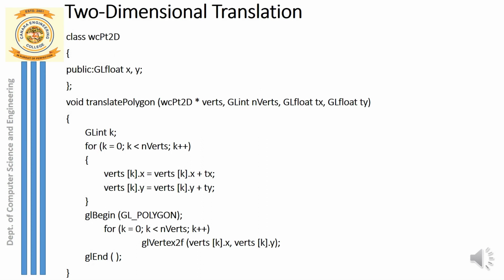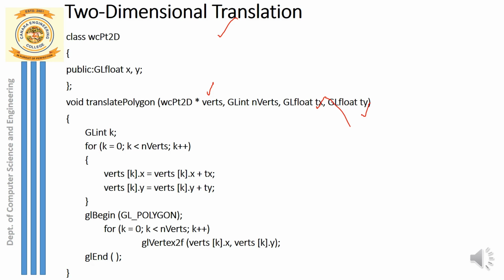You can now see the code, how we implement this translation in OpenGL. You can see part of the code. Here I have used a vertex array, the list of vertices. I require only 2 vertices. Suppose I have to perform the displacement on a line, I have to take 2 vertices at a time. The translation factor along x and along y are also taken as input parameters.